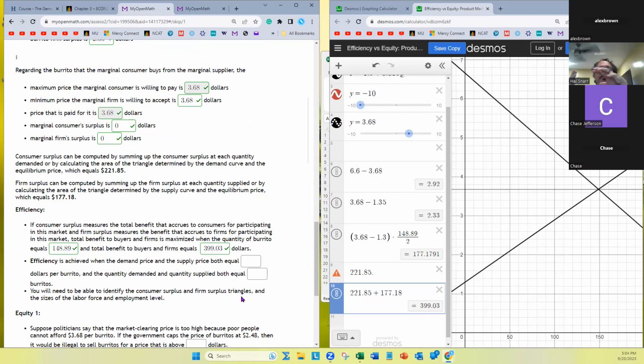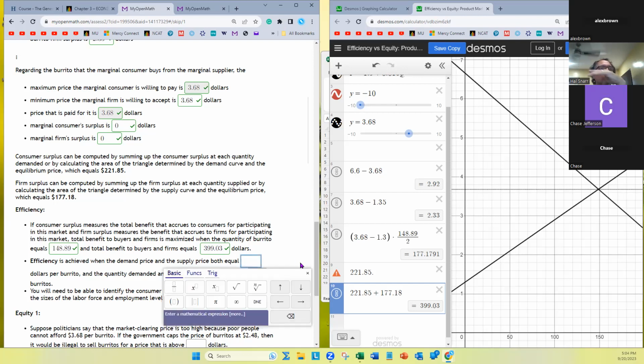This is efficiency. You want the market to set the price. You don't need any government intervention in this efficiency argument, right? The market will set the price. The marginal consumer and the marginal firm agree on the market price. So the efficiency is achieved when the demand price and the supply price both...